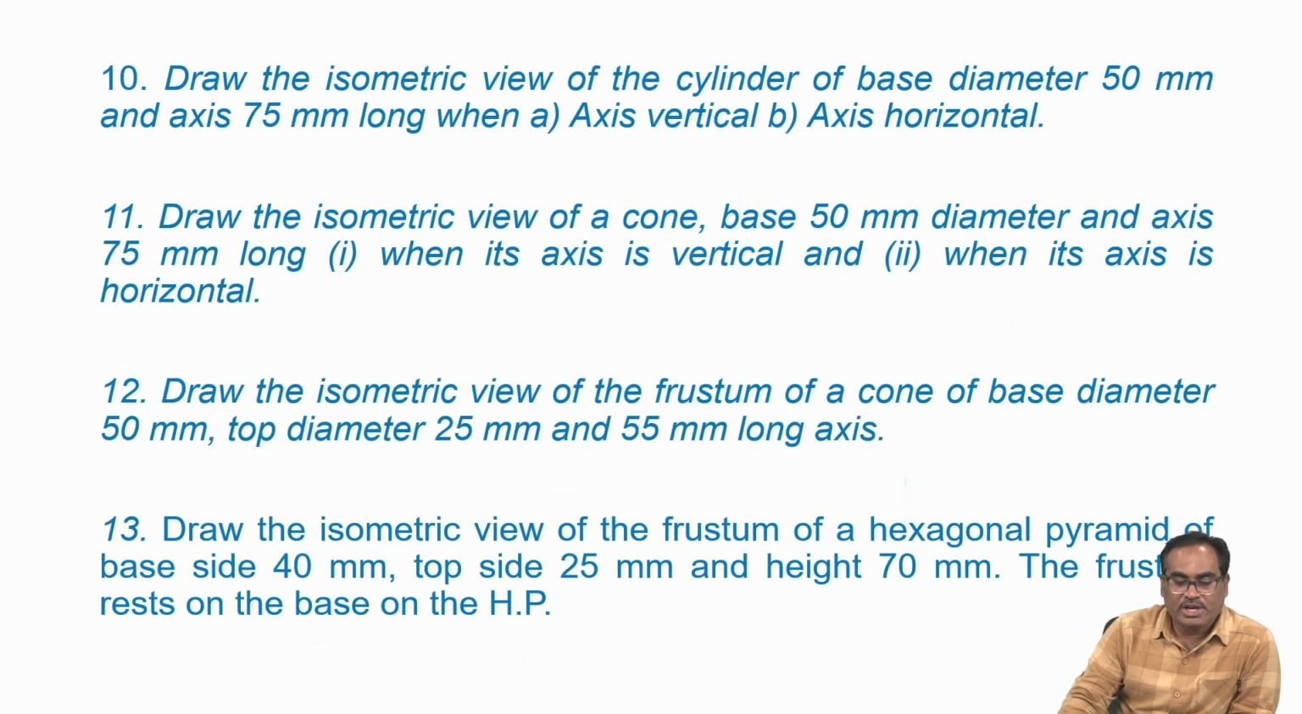Okay, draw the isometric view of the cylinder of base diameter 50 mm and axis 75 mm long when the axis is vertical and horizontal. Okay, so this is again an easy problem. Cone and cylinder I'll directly draw. First you have to draw